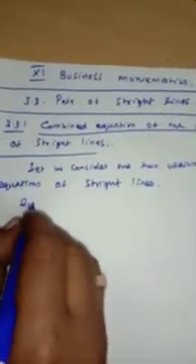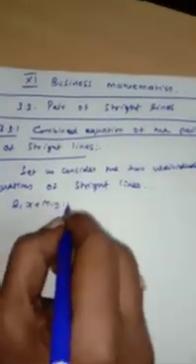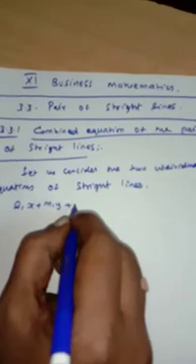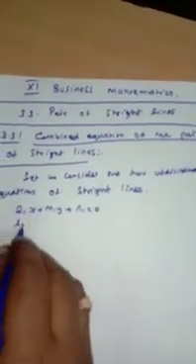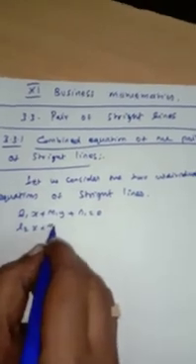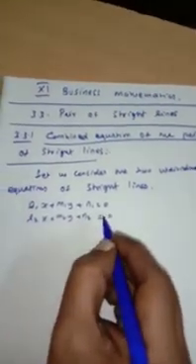Equation of straight lines: l1 x plus m1 y plus n1 is equal to 0, and l2 x plus m2 y plus n2 is equal to 0. Then their combined equation is